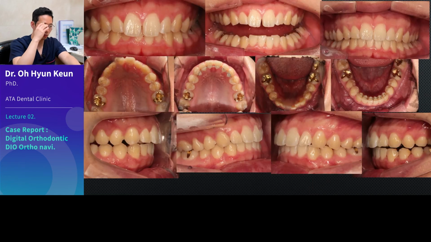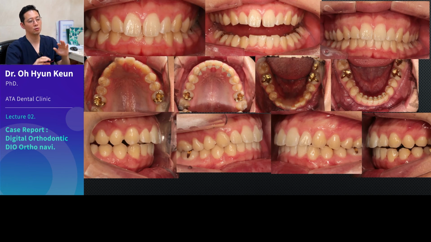I've shown you cases for the combination treatment with a clear aligner for the upper and the lingual brace for the lower. But now, I will show you how I did vertical control using the ORT brackets I've made. This case also has mandibular incisors almost reaching the gum. If you connect the gum line, you can see it's raised like this. So it needs to come down. That's why vertical control is so important.